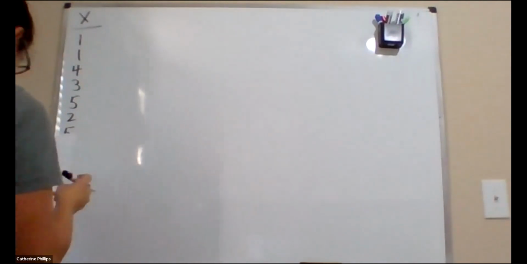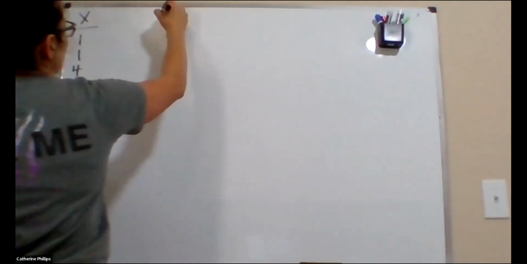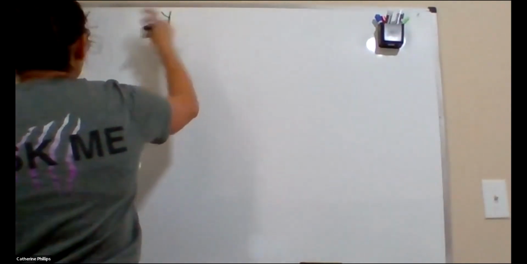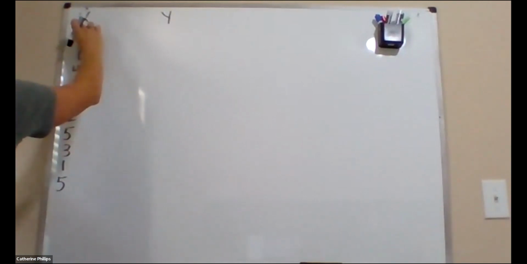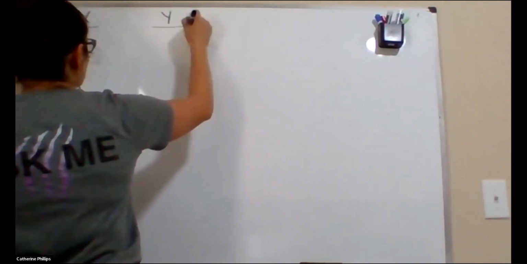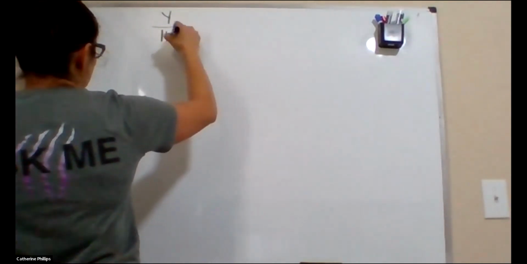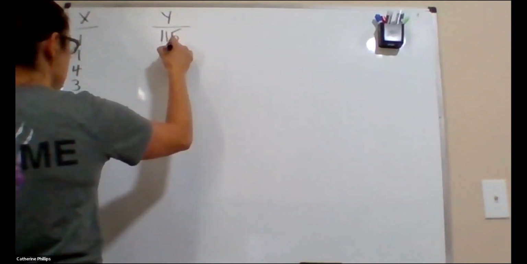I'm going to leave a space here because I need to add another column. And our Y values that are linked to these X's. So the participant who had a measure of 1 for the weight had an income of 115,000. And we had 78,